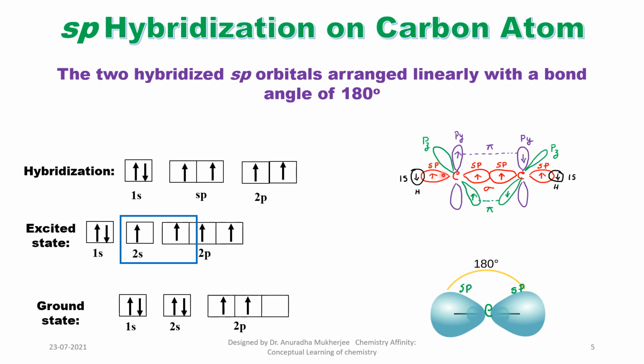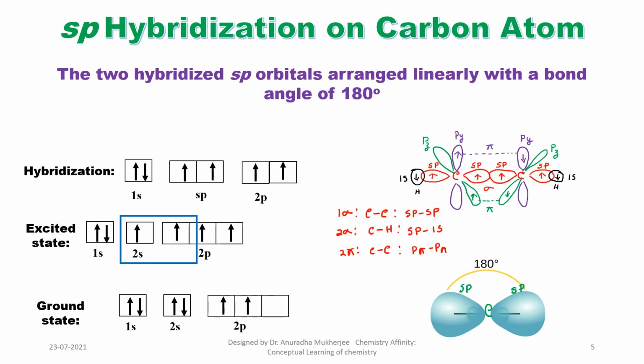Now each carbon has one more sp orbital having one electron. Now these sp orbitals are overlapping with the 1s orbital of hydrogen. So that means another two sigma bonds are forming. So here how many sigma bonds are we getting? So this is one sigma bond, that is the carbon-carbon sigma bond, due to sp orbital face-to-face overlapping. Now two sigma bonds CH, and that face-to-face overlapping is sp and 1s. Now there are two pi bonds between carbon and carbon. So this is p pi, I can write 2 p pi